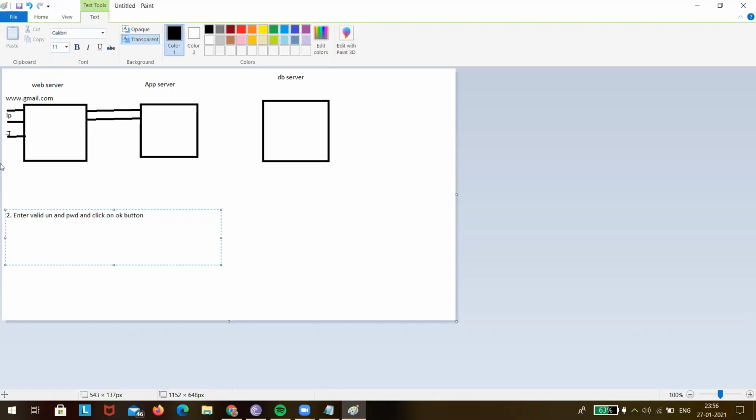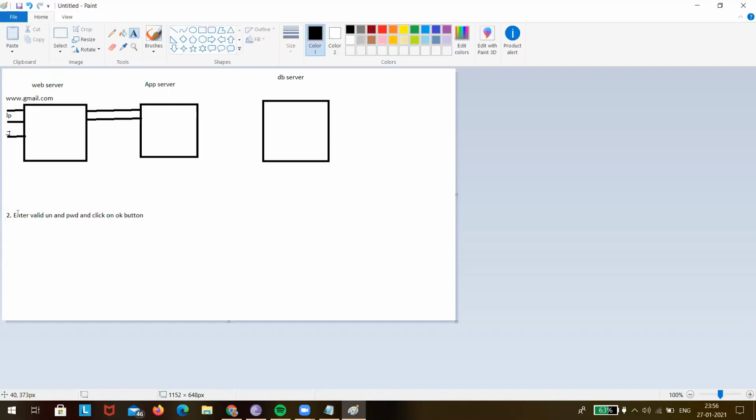So now this point number 2 is from where? Here I'm writing: enter valid username password, click on OK button. After entering valid username password and clicking on OK button, it will go to the app server. And from the app server, it will go to the database for the validation that the actual correct user is there or not. If the username is not verified, then it will not come back, right? So it will be verified from the database server. From the database server, it will come to the app server, and from the app server, it will come to the web server.